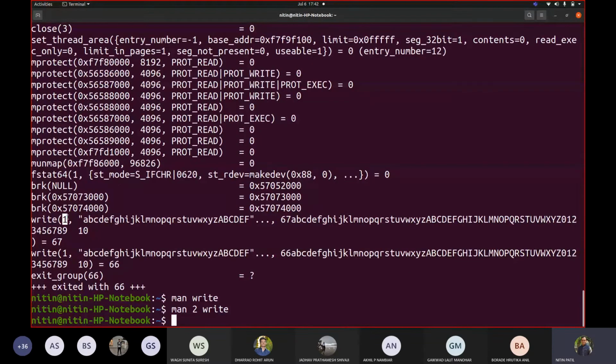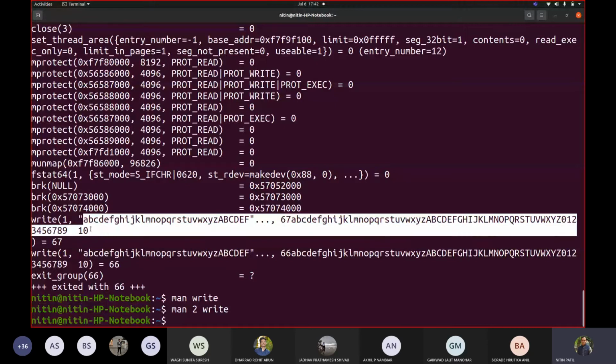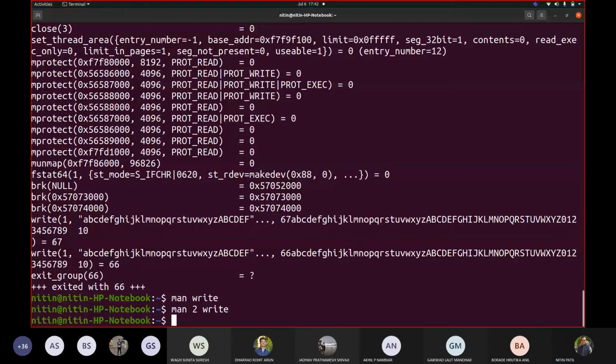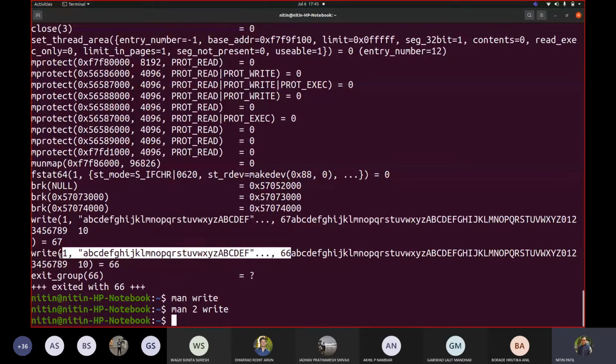This was standard output. 1 means standard output. This is your string, this is the buffer. And then you have the length in a write system call, which is written here. Correct? You can see here dot dot dot and this 67. This was your function call actually. Because of the puts call and because of this printf, I can see that this is only the call. The rest of the thing is it is trying to print that content. The rest of the numbers are not shown here with my write call, but they definitely are added there.